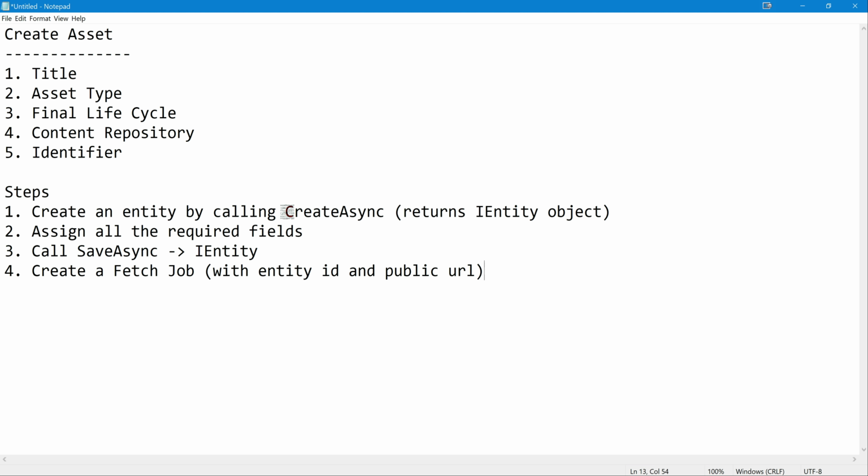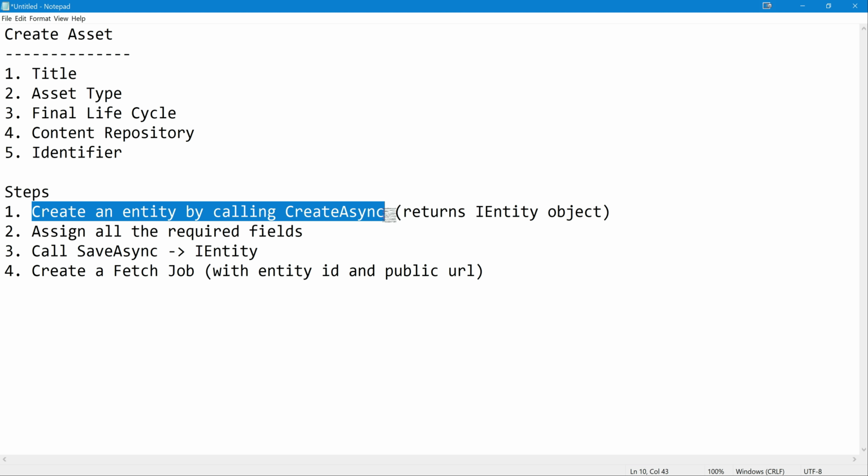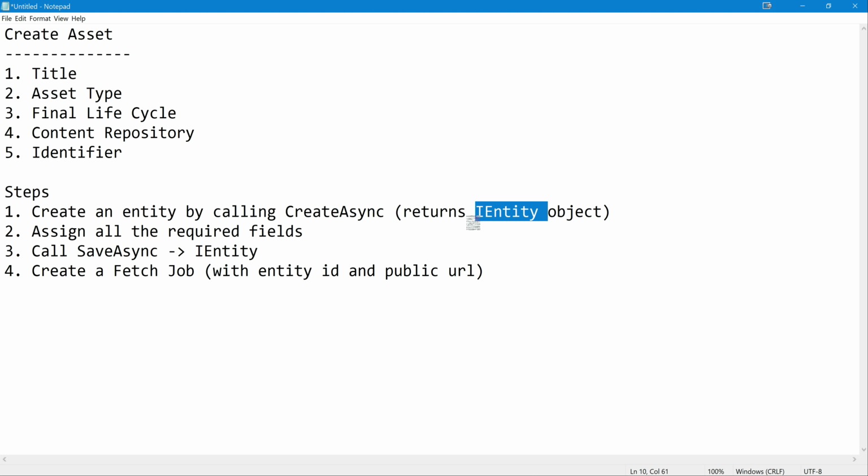It's not straightforward like update, delete, and read, where you just call once and it's done. Here there are a few steps involved. You create an entity by calling create async. We need to pass in the entity definition, a kind of template inside core. So for which entity definition we want to create an entity, here we need to pass in m.asset and which culture, and finally we get an identity object. We are playing around a lot with the identity object, right?